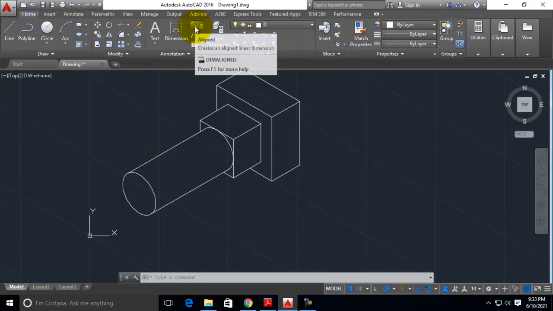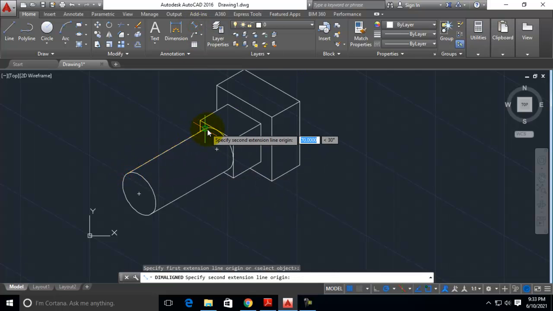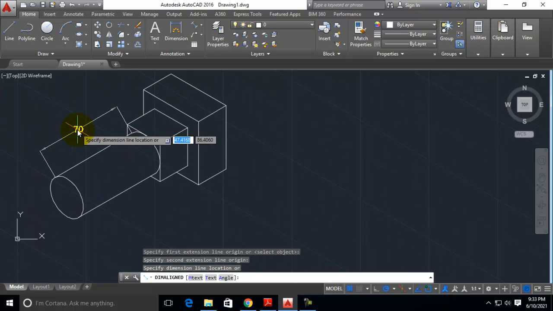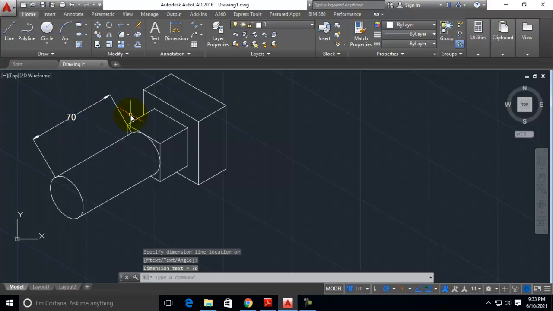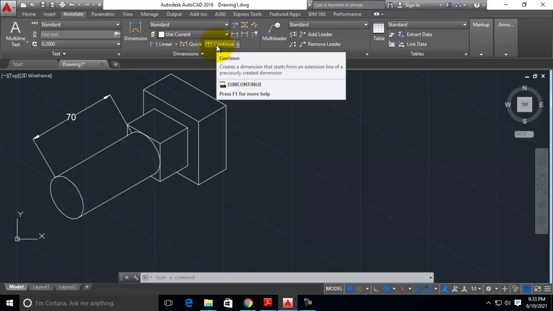Select the aligned option, click here and select this point. This is for a length of 70. Position it here. Now in annotate option tab, select the continue option from the dimensions panel.